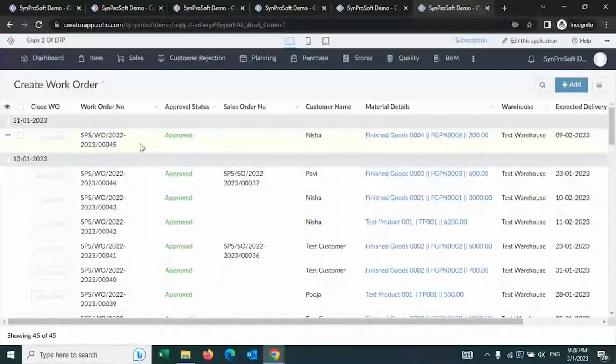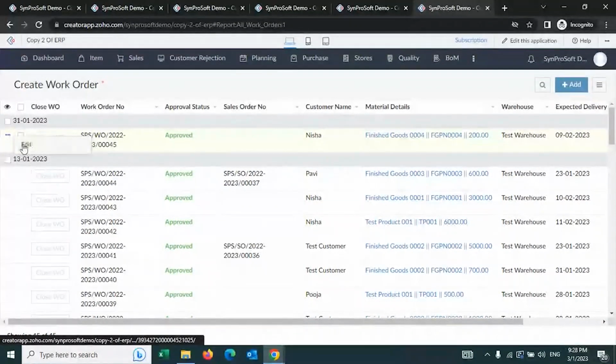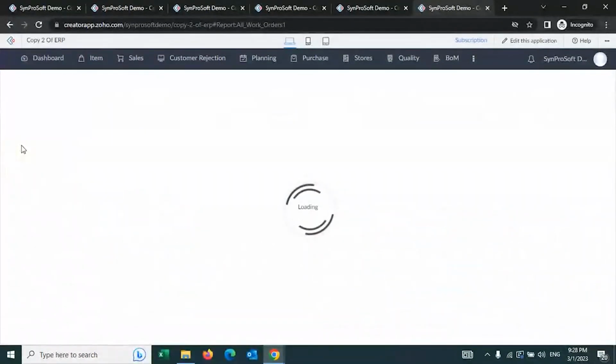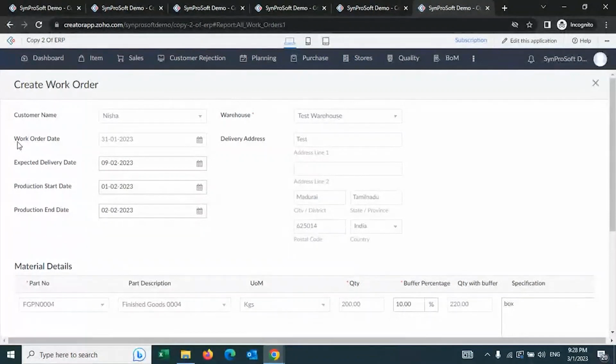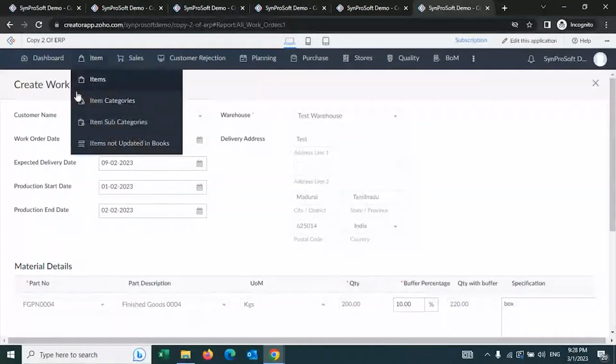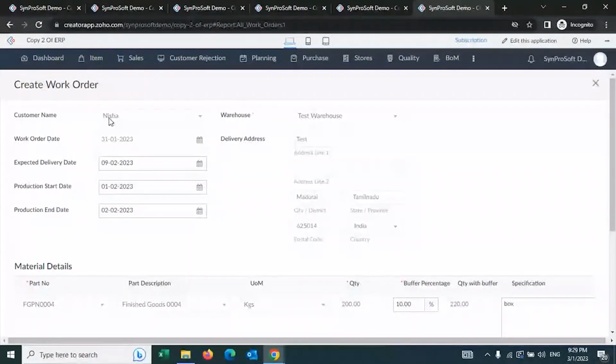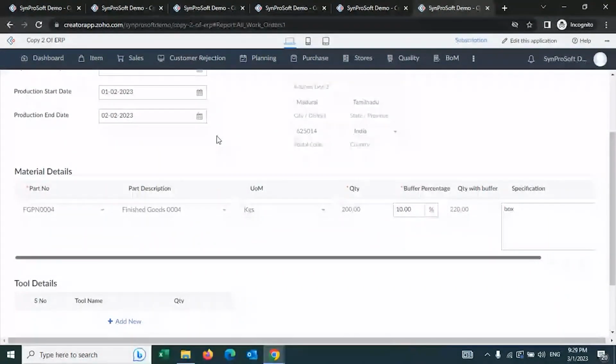Let's take one example and I'll show you how a work order can be created against a sale order. Every sale order, wherever it is going to go into the production module, will appear here. Every sale order that does not require production will directly go to procurement. It will not come here. As you can see here, from the sale order, all the relevant data are brought in, and then you will be able to see what the material is and how many items. By default, the data from the sale order is shown here.